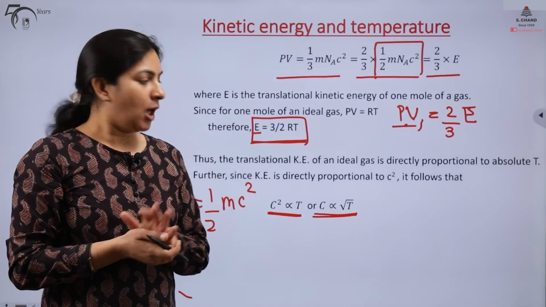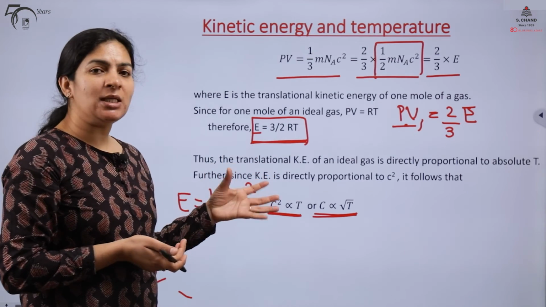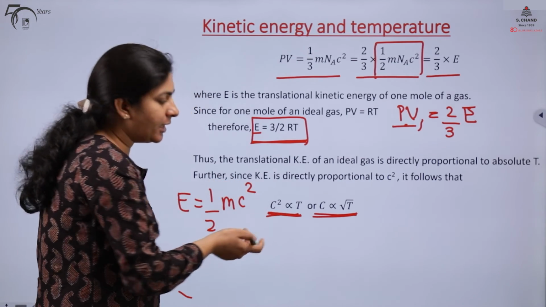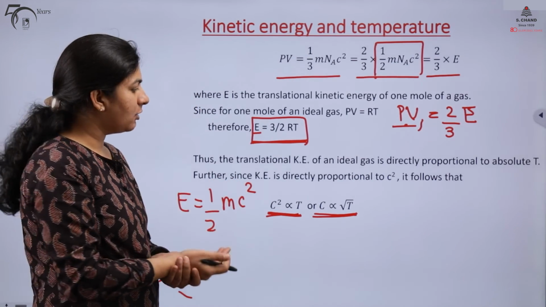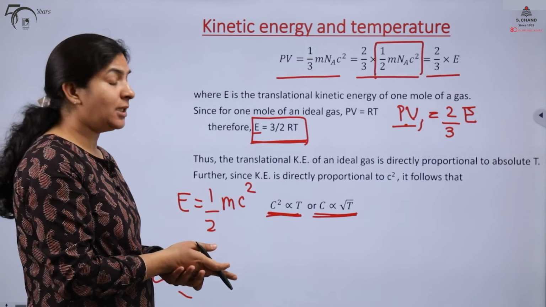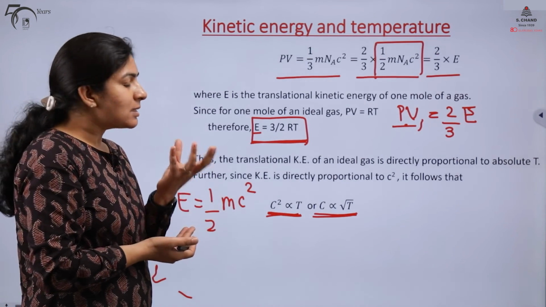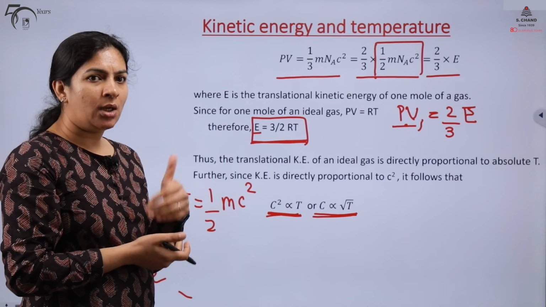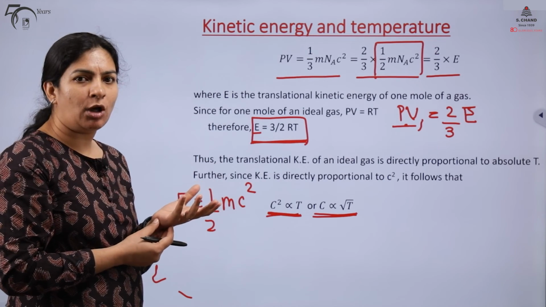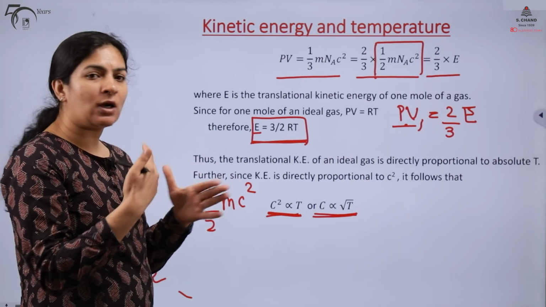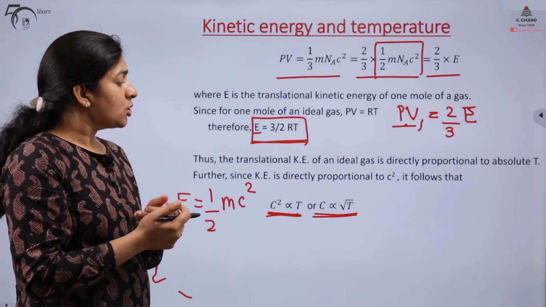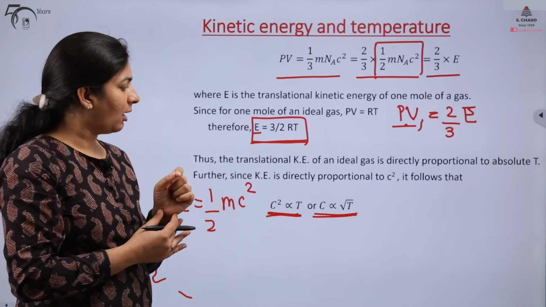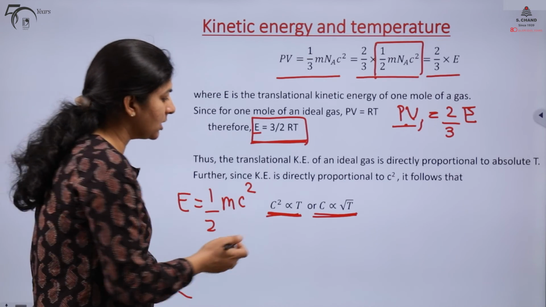It means that for a particular molecule, the molecular velocity does not depend upon any other factor but only upon temperature. It does not even depend upon the size of the molecule. So, even if you take hydrogen molecule, nitrogen molecule, carbon dioxide molecule, and you try to compare their velocities, if the temperature is same, all these 3 gases are going to have the same velocity, which is indicated